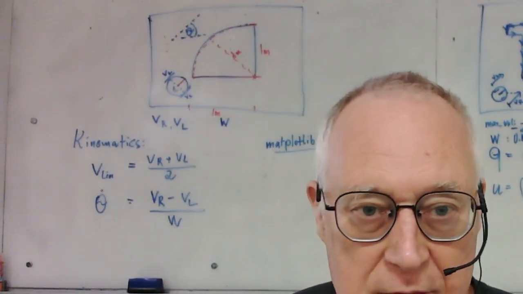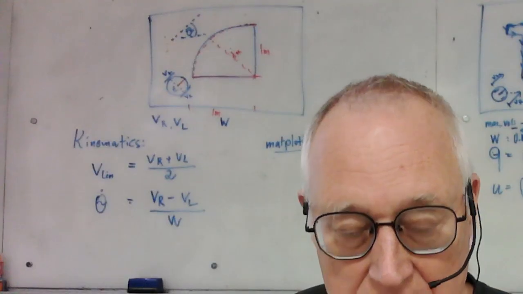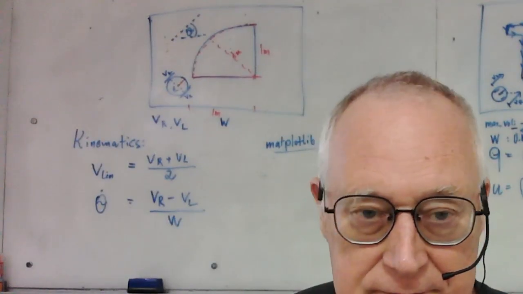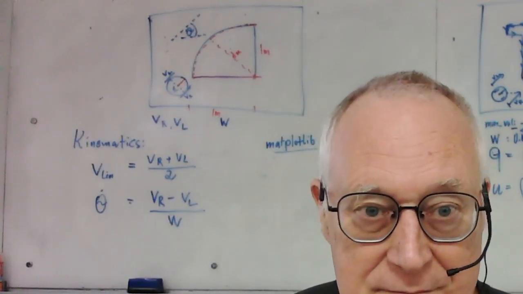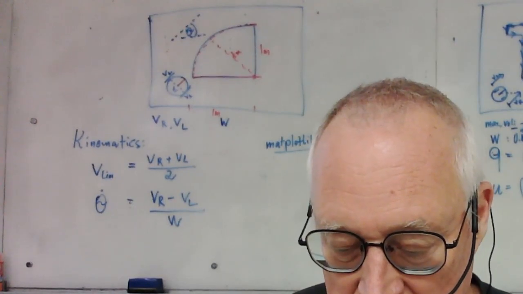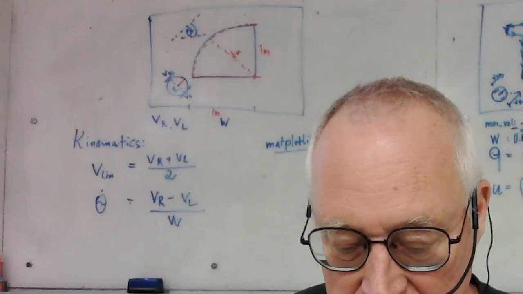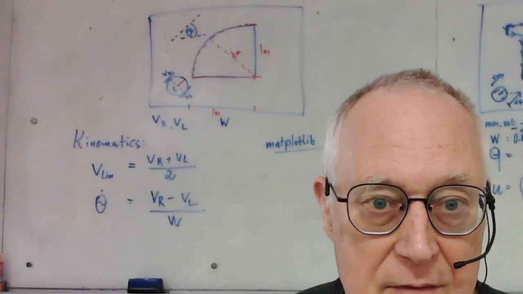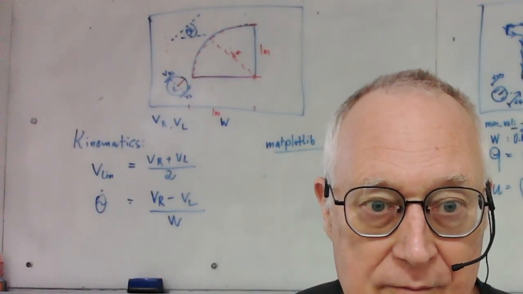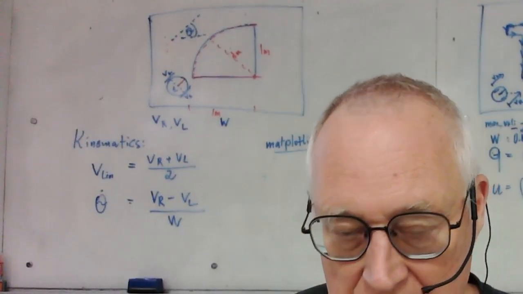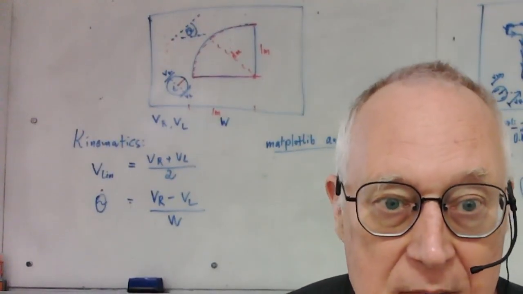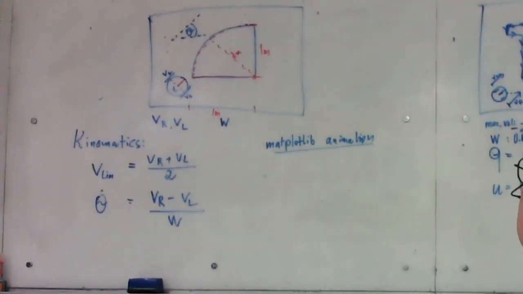So the first point will be 0, 0. We go 0, negative LW. Then we're at this point, then we go forward by